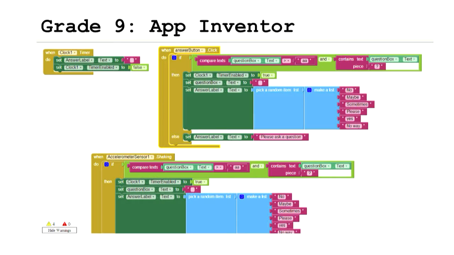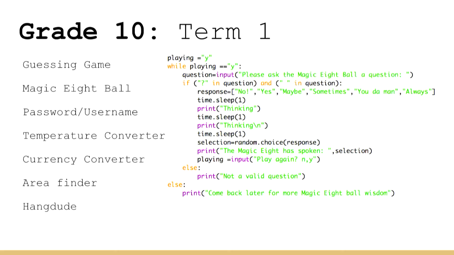But what they do, this is a Magic 8-Ball program. So we do this in term 3, then in term 1, they actually program the same sort of programs in Python. So in App Inventor, we've already done Magic 8-Ball, we've done a guessing game, we did a username password. So they've got the basic sort of algorithm and shape of what the program should do.